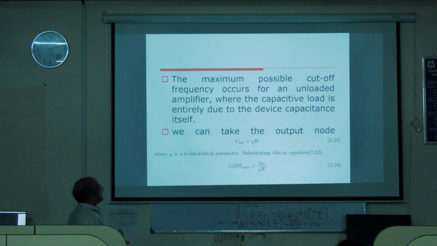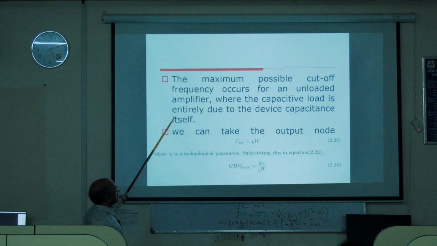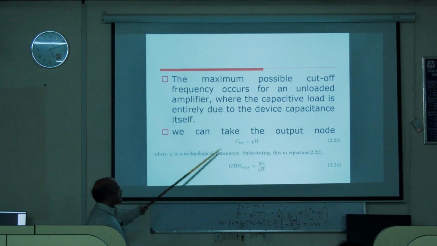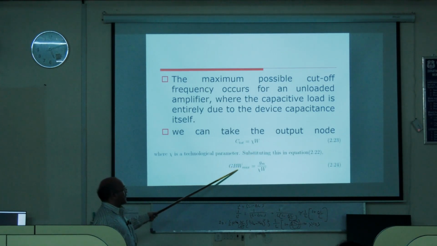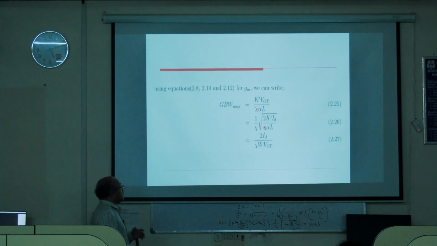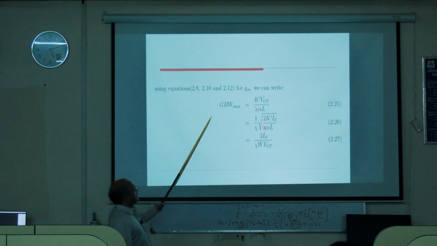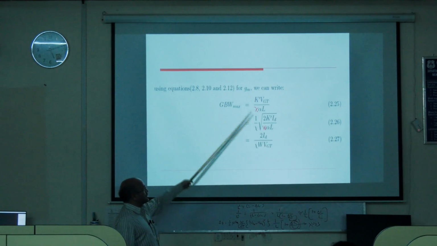The maximum possible cutoff frequency occurs for an unloaded amplifier, because C total keeps increasing when you add more and more load. So the capacitive load is entirely due to the device capacitance itself, and C total is a function of the device capacitance, proportional to W. Therefore GBW maximum is equal to GM by C total, where in place of C total I write some zeta into W. Now GBW maximum you can also calculate as K dash VGT by